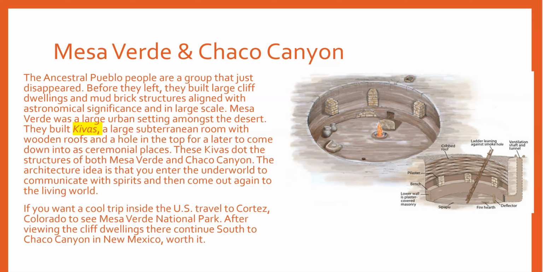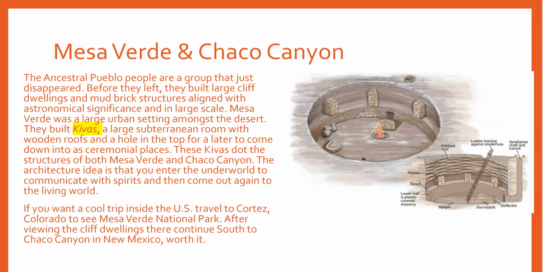The two largest ones, Mesa Verde, is a national park. It's near Cortez, Colorado, and it is led to believe that you have the ancestral Pueblo that lived there. And that's an interesting group because they sort of disappeared, whether they were integrated into other tribes or just stopped living the way they did and moved on. It's very interesting, but they built these in Mesa Verde and in Chaco Canyon. More in Mesa Verde are cliff palaces. Chaco Canyon has a similar architecture, but not always in the cliffs. And what's interesting is that these are very large urban settings.